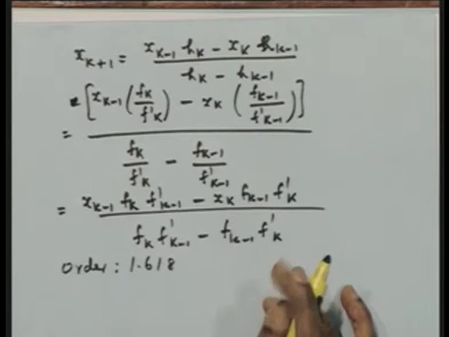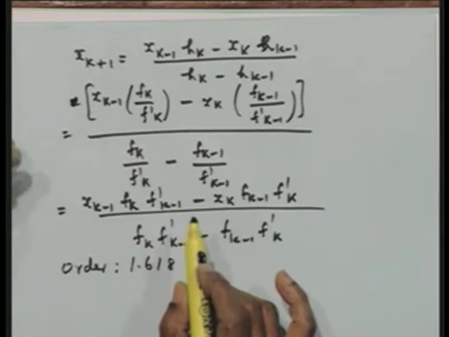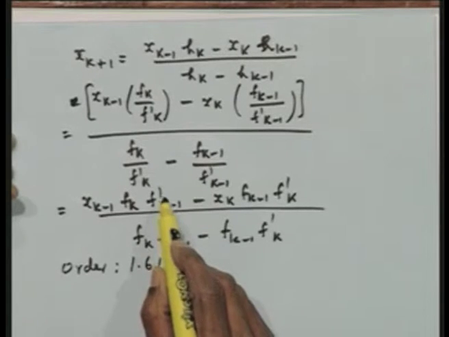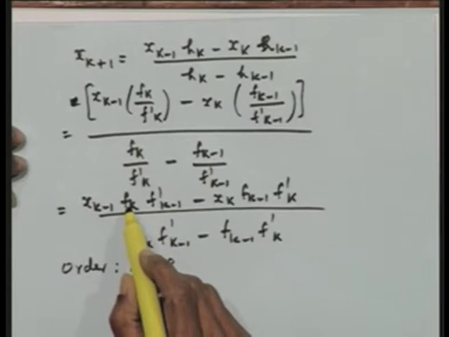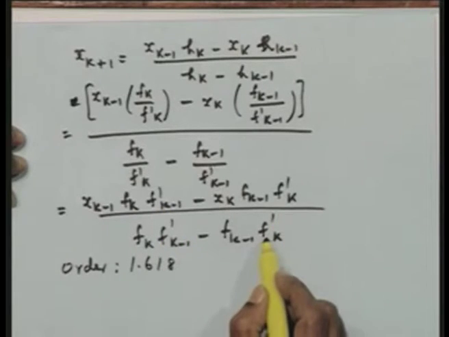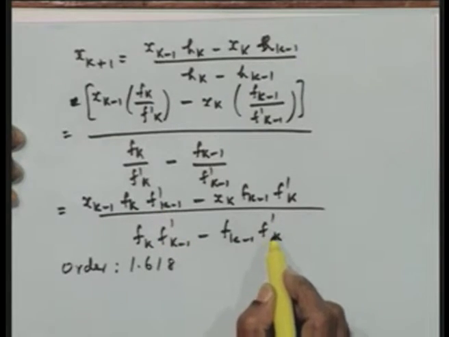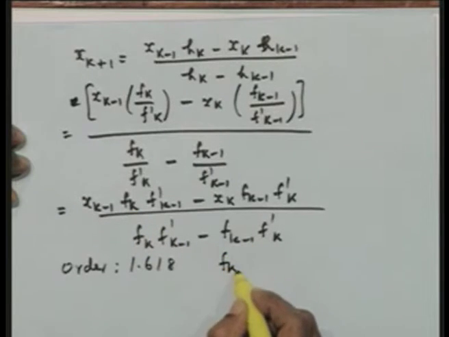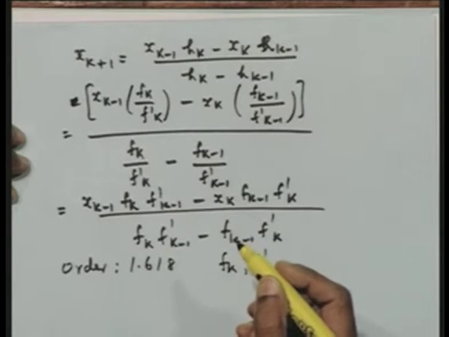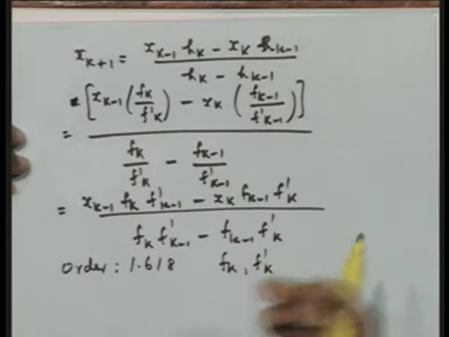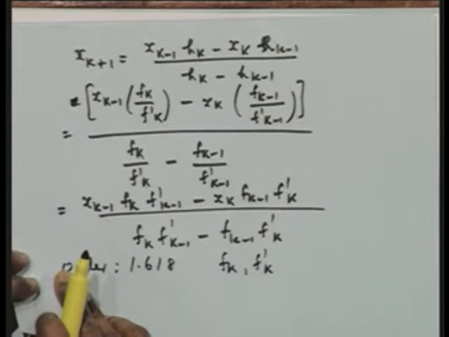As we can see, in the secant method also we are now using f prime, whereas in the original secant method for finding the root of f x equal to 0, we have been using only f k minus 1. So, we have got only one evaluation at any particular stage, but here we need f k and f prime at k plus 1 and f prime k. Therefore, at any stage I need two evaluations, that is, f k is required and f prime of k is also required. So, we have again increased one function evaluation as the cost. Therefore, it will be more expensive than the normal secant method.